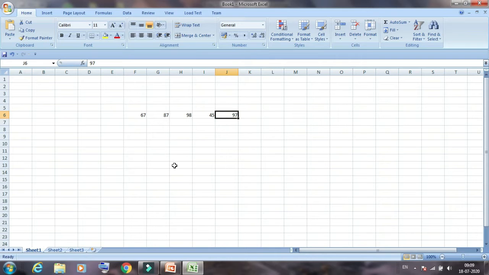Here we will write the formula. First we write the equal sign, then the function name. First we apply the sum formula to add the total value.